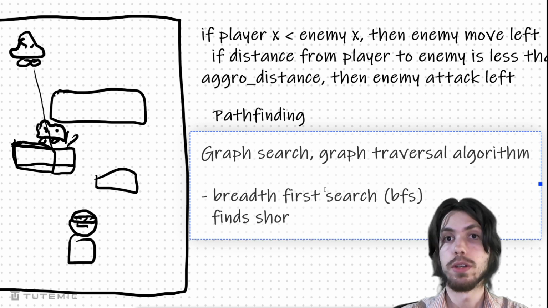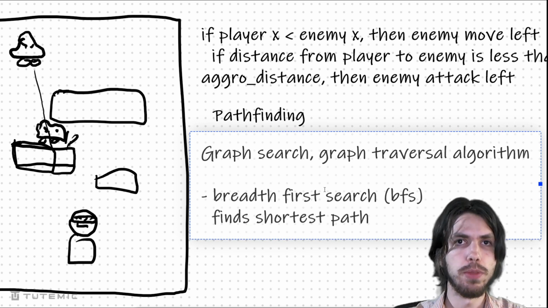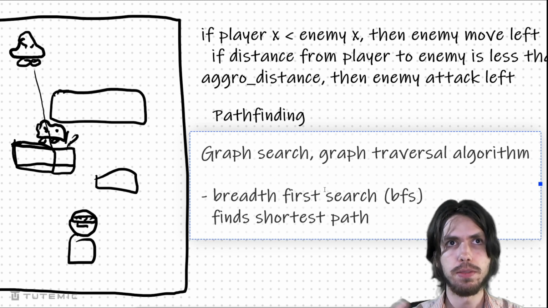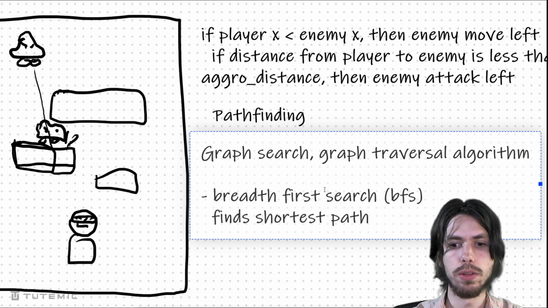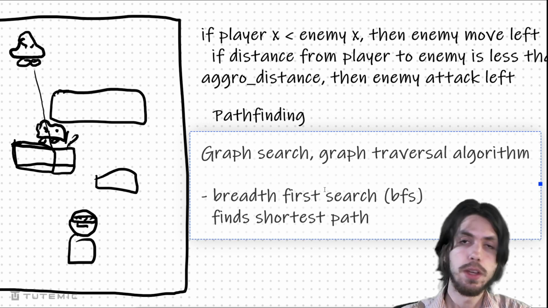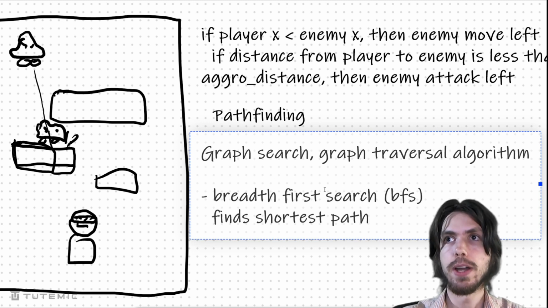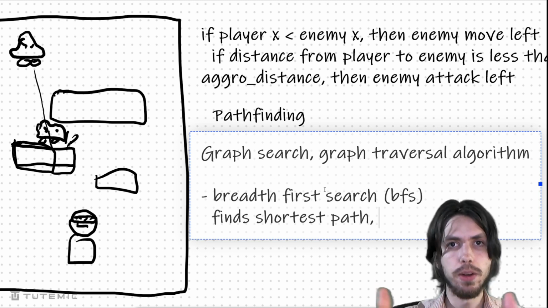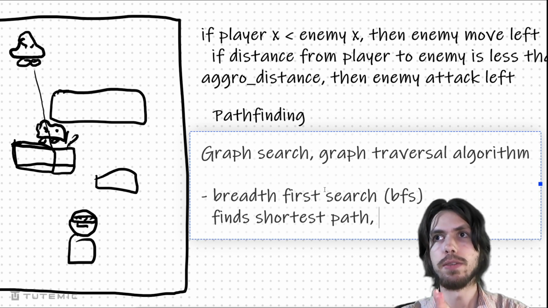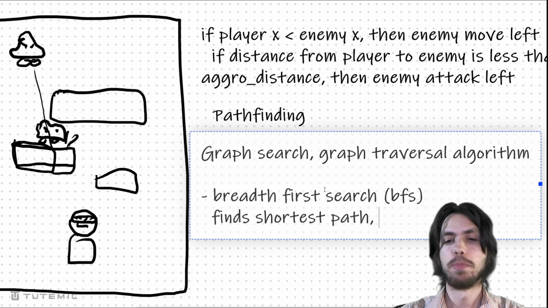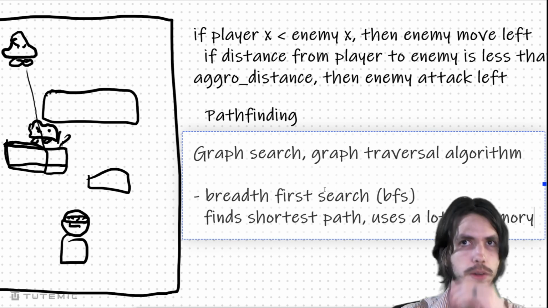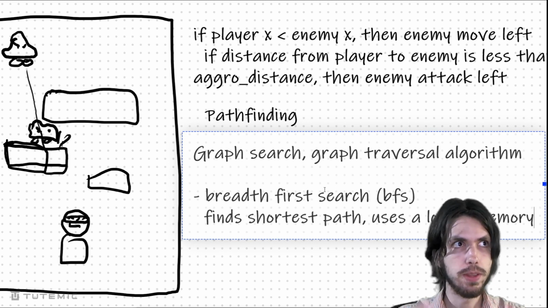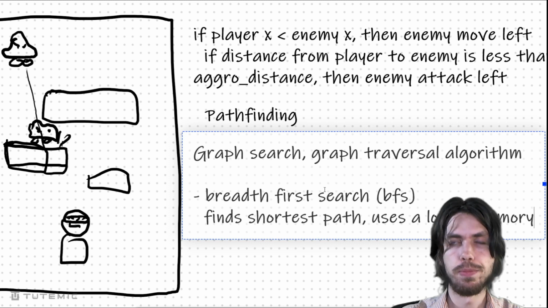finds the shortest path to the goal. The shortest path meaning the fewest number of these little points in order to get to the goal. Great, so it finds the shortest path, which is, I guess, maybe what you want to do. It'll always find it if there is even a path, but it can use a lot of memory. It uses more memory than perhaps other algorithms, especially if there's a very large environment.